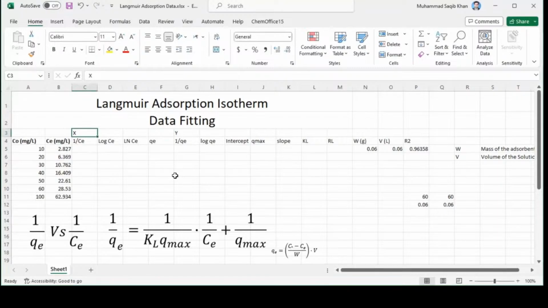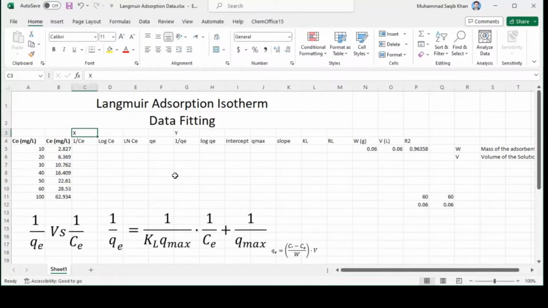We have used 60 mg of the adsorbent, which divided by 1000 gives 0.06 grams as the mass of the adsorbent, and we used 60 ml of the solution, so it is 0.0